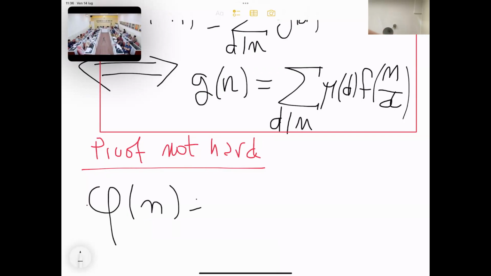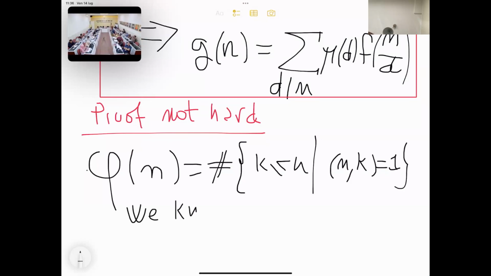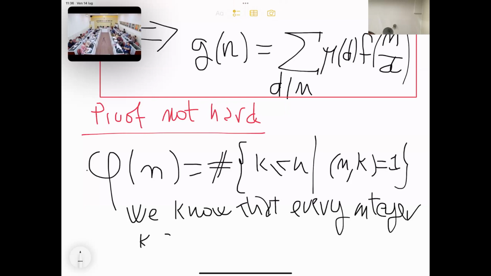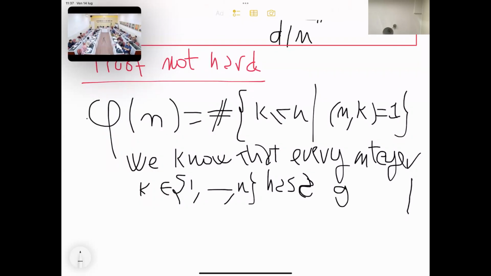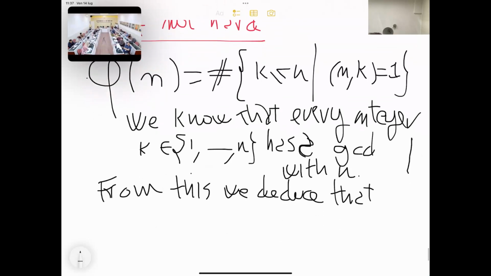If phi of n is the number of k less than or equal to n which are coprime to n, we know that every integer k between 1 and n has some GCD with n. From this, we deduce that